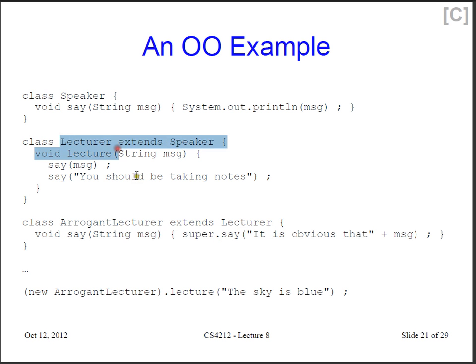So remember from the lecturer. Remember the lecturer actually doesn't have its own say method, but inherits one from the speaker. So whenever we say super say, we're calling this guy, right? And the arrogant lecturer prepends, it is obvious that, to everything he says. Right? So let's say we have a new arrogant lecturer, and we ask the arrogant lecturer to lecture the sky